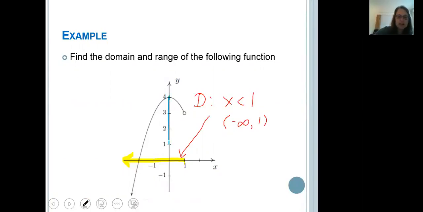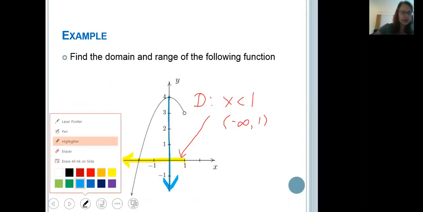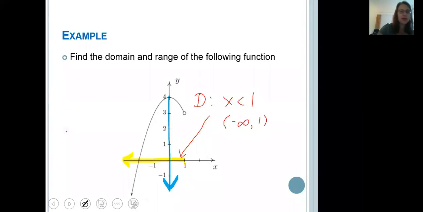My y's start at 4 and go down. There's no way I can get an output that is bigger than 4. I can't get glassware out of my t-shirt factory, right? So my range,